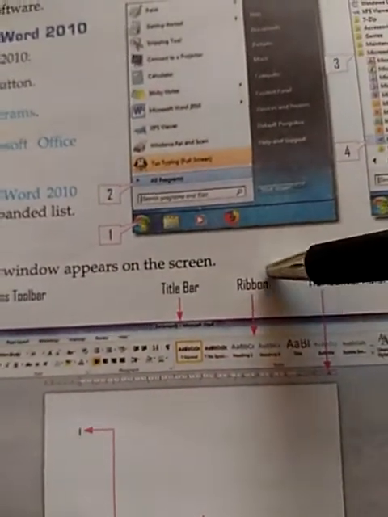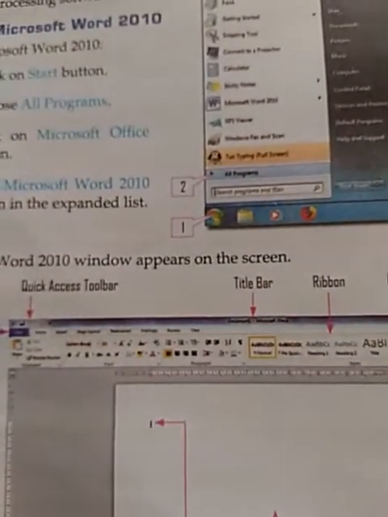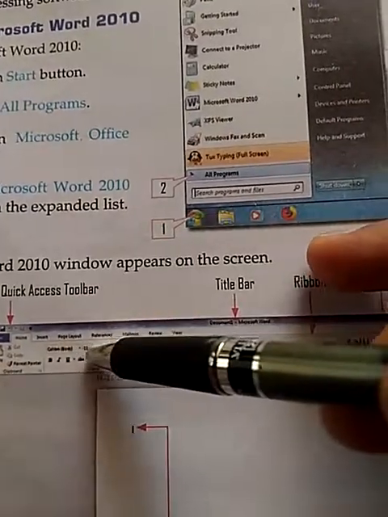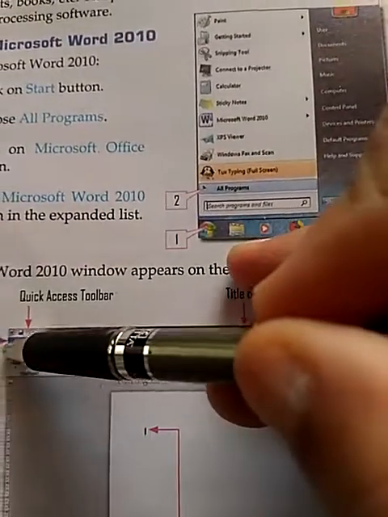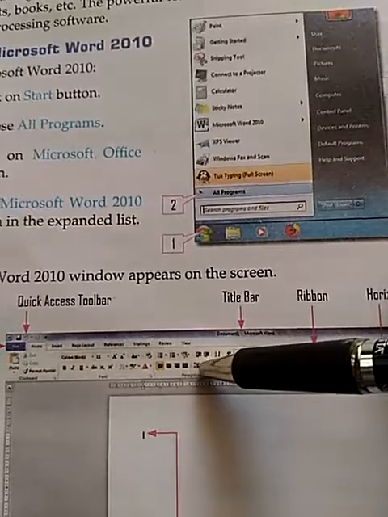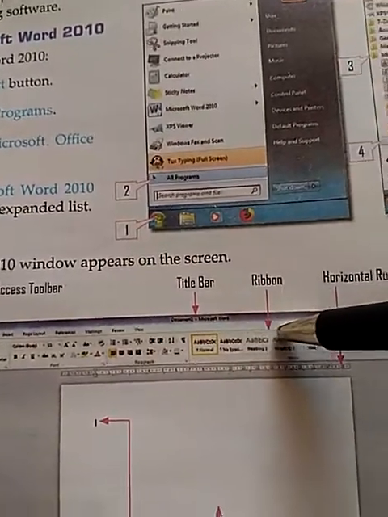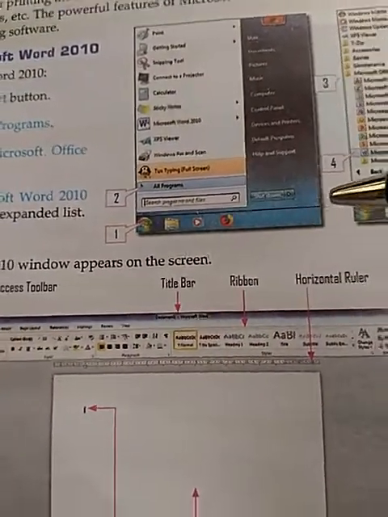After that, there is a ribbon. This ribbon contains many tools or shortcuts to perform various tasks. So this part, which contains small icons for various options, is considered the ribbon.